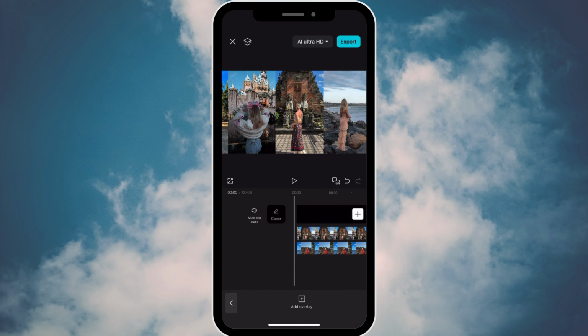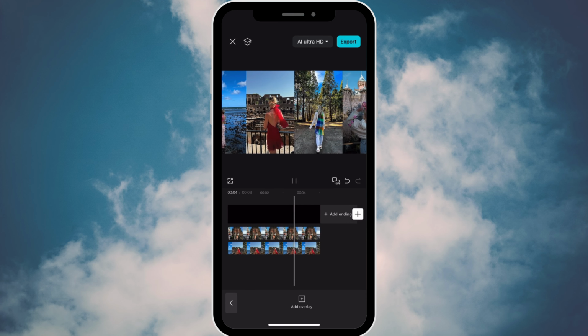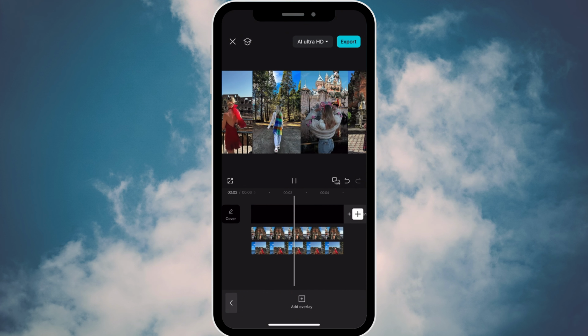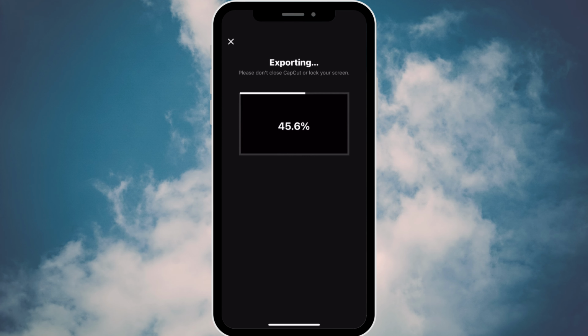And when you do that, you should see that both the diamonds pop up on each of the pages, and this is the result that you should get. You should have all of the photos moving. And I know this part can be kind of tricky, so if you have any questions, please leave it in the comments below. But from here, you are going to click on export and you're going to save it to